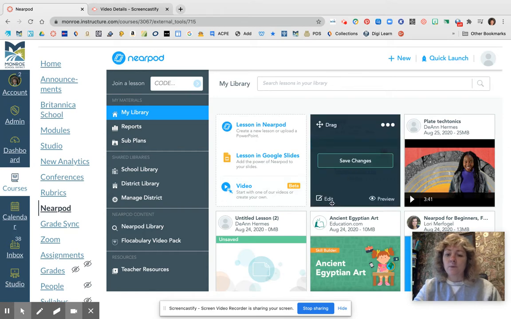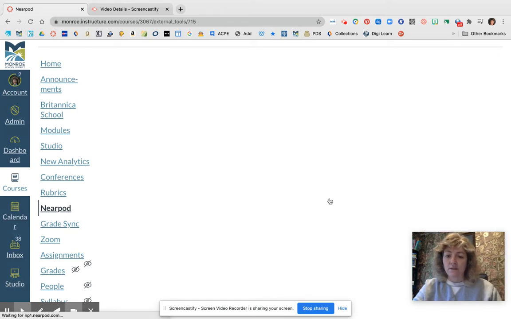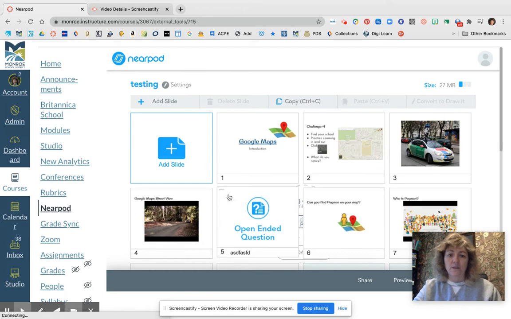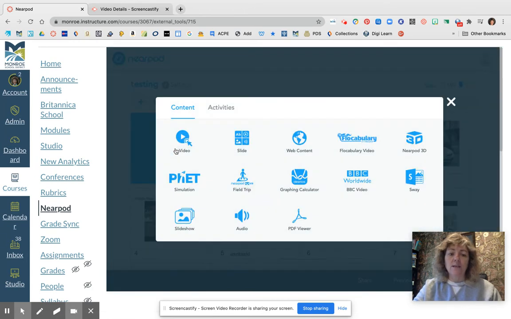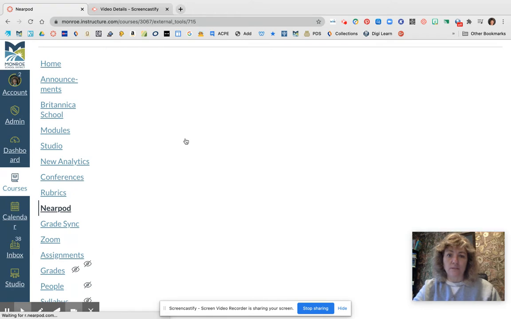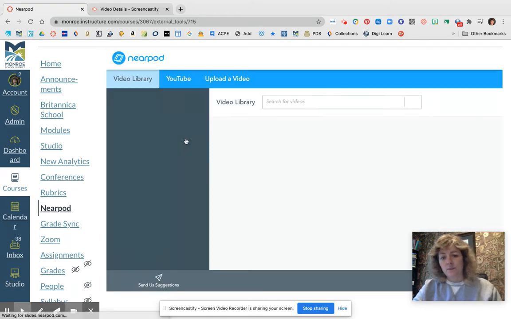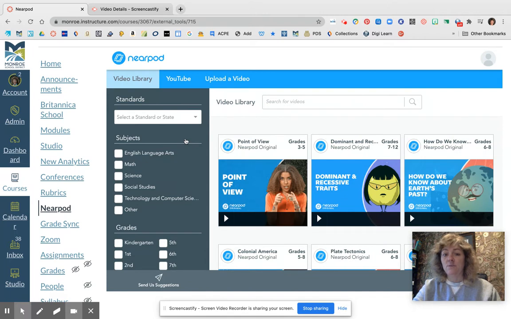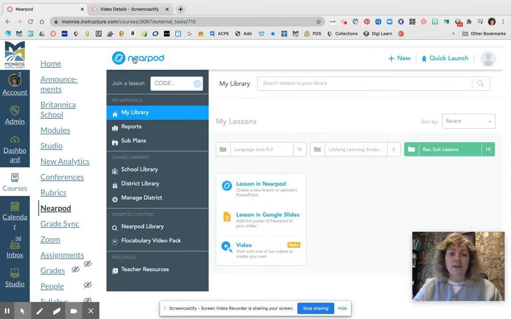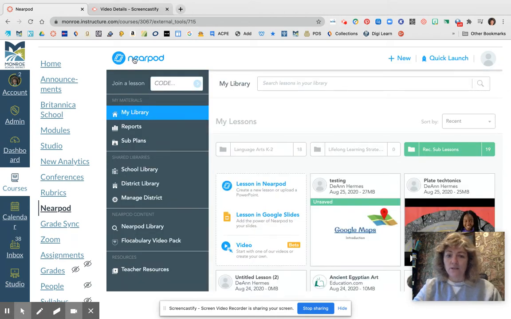The other way, if you are right in the middle of one of your slides, you can go ahead and click on Add Slide, and you will find in the content, here's a place for you to be able to add a video. And this becomes important for what we're about to do, so that if you want to add something right there within your slide presentation, you can do that. Okay, so let's go ahead and head back home. I want to share with you what this looks like, and then I'll show you how to do it. So if we click on video,